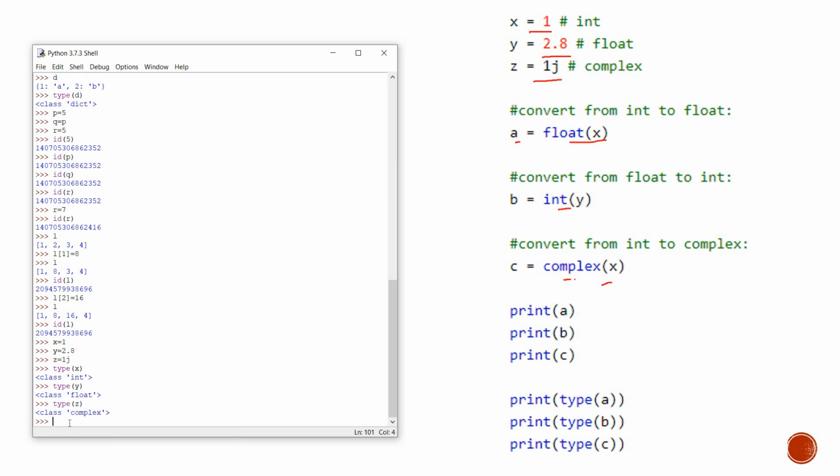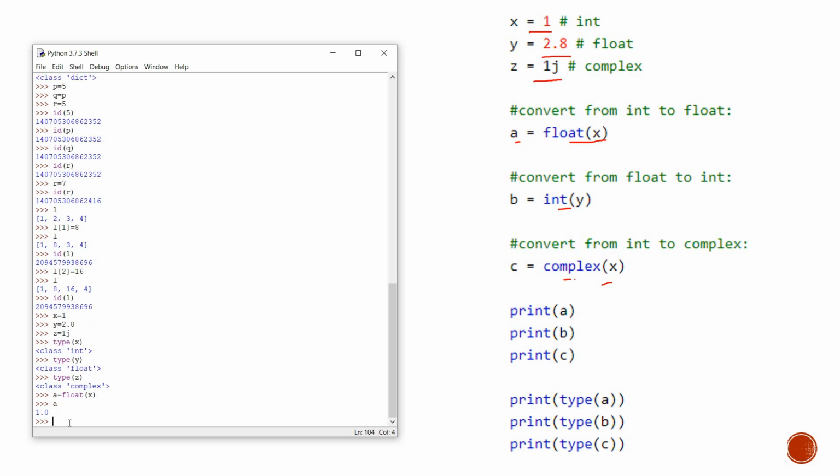Now I am converting them by using the functions. First I am converting a is equal to float x. I am converting an integer value into float. So the value of a is 1.0. If I want to check the type of a, now it is float.